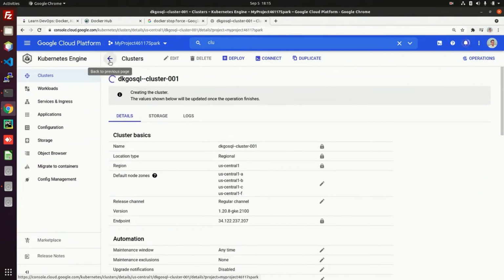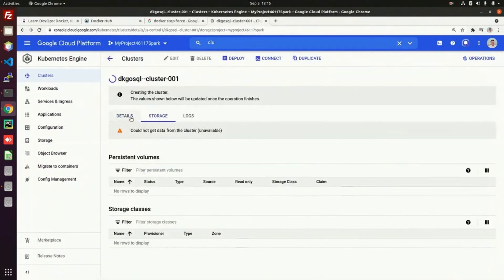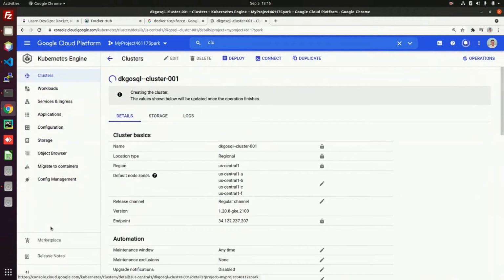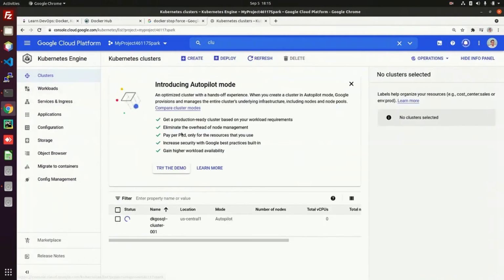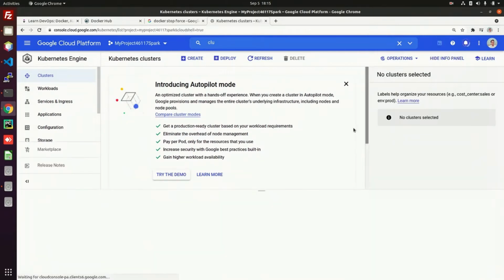Once the cluster is created, and after creation of that, we will activate Cloud Shell.